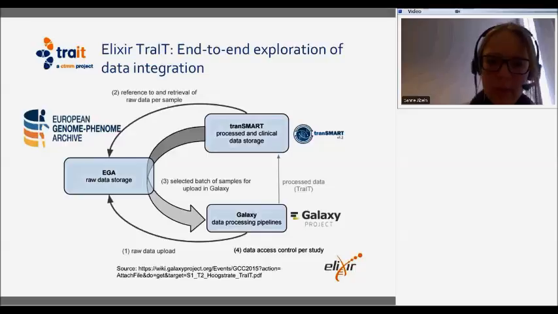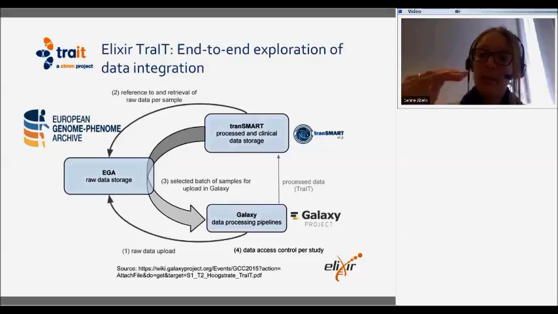Now the second part, and that's what we're currently working on, is once you know where your data is, so you know where it is in EGA, can we now actually use it again to restart our processing workflows in Galaxy? So can we take it as the first step of Galaxy, actually retrieve the raw data to start the rest